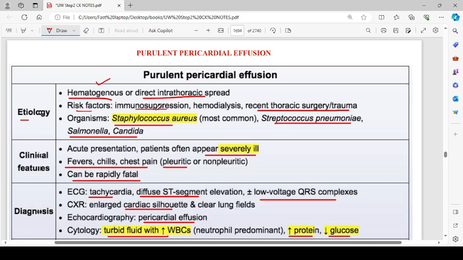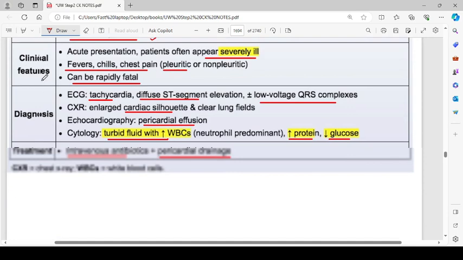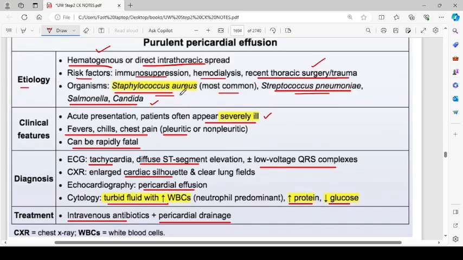The risk factors are immunosuppression, hemodialysis, recent thoracic surgery or trauma. The organisms are Staphylococcus aureus, which is most common. Then comes Streptococcus pneumoniae, Salmonella, and Candida. The clinical features include acute presentations. Patients often appear severely ill. Fever, since it is purulent pericardial effusion, caused due to some infection. So there will be hallmark symptoms of inflammation, that is fevers, chills, chest pain, pleuritic or non-pleuritic,